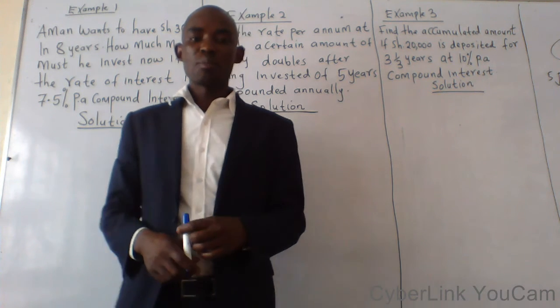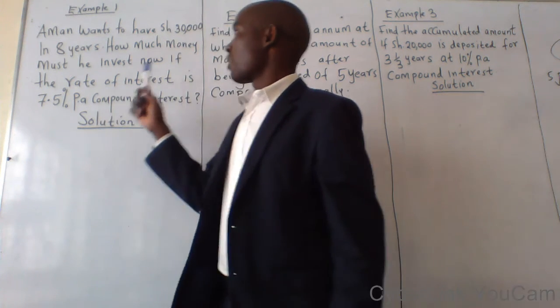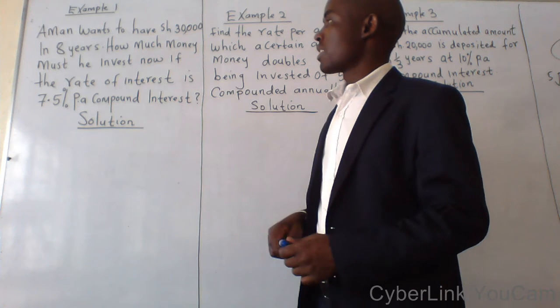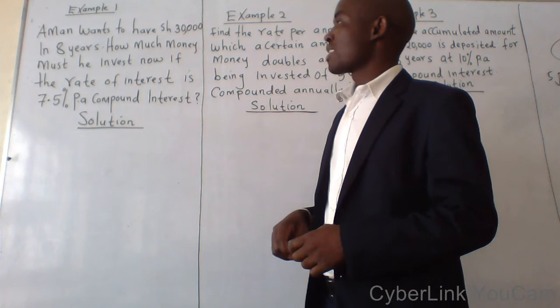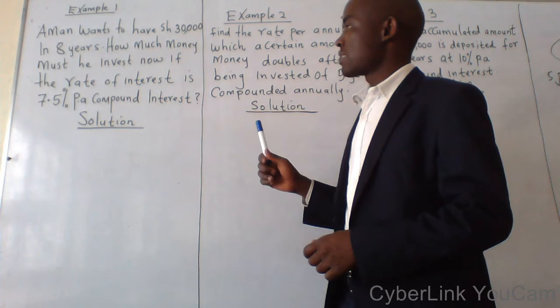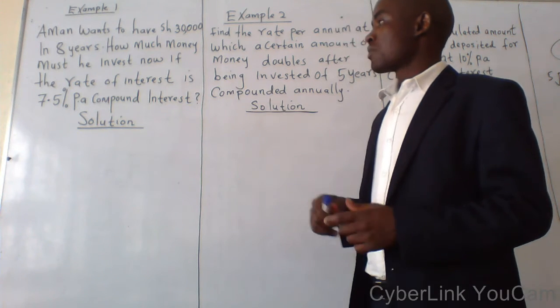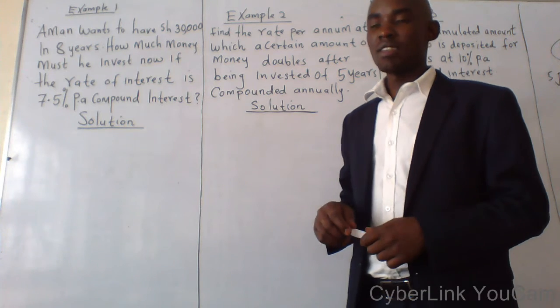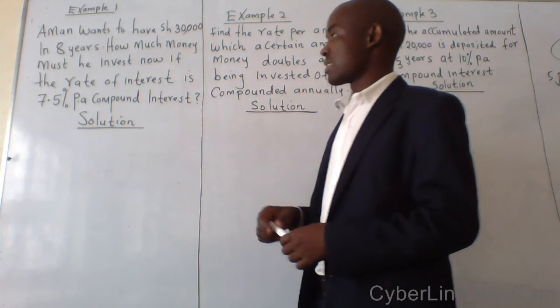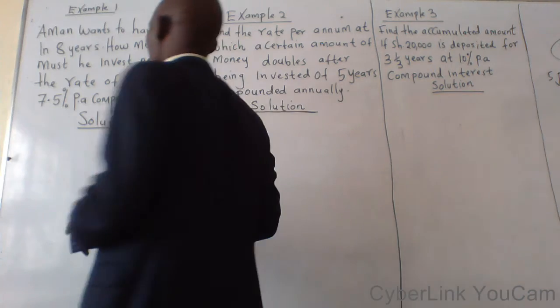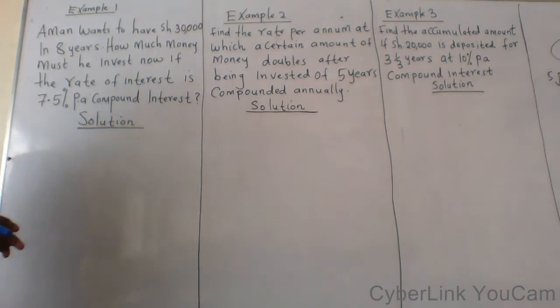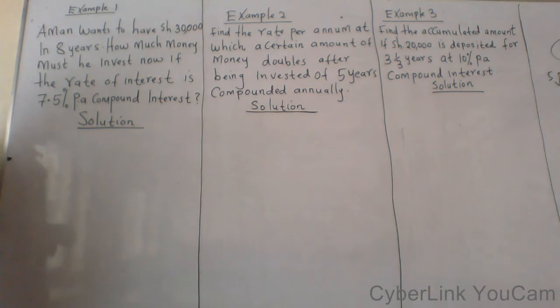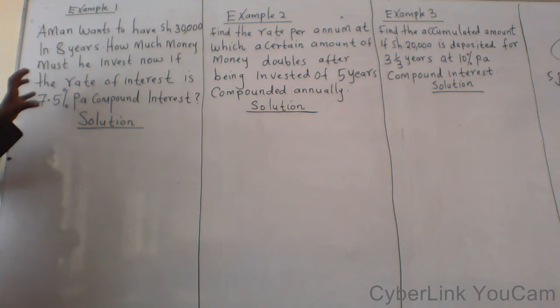The first example on this side reads: a man wants to have 30,000 shillings in 8 years. How much money must he invest now if the rate of interest is 7.5% per annum compound interest? So what we are being asked to get is how much money. Basically, that tells you that we are supposed to get the principal, but we can extract the information